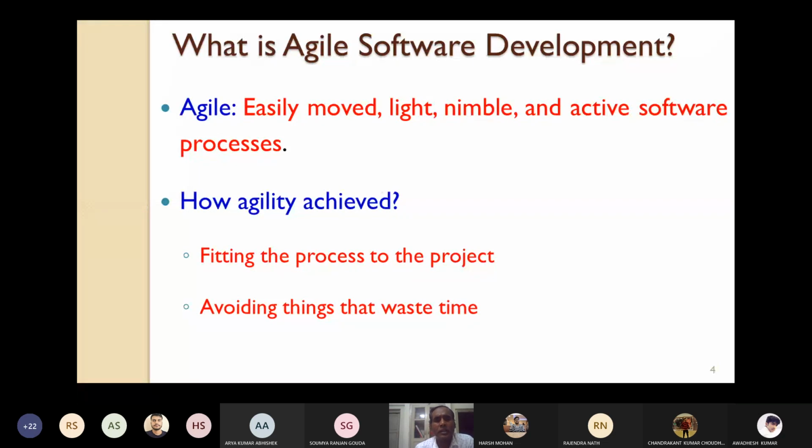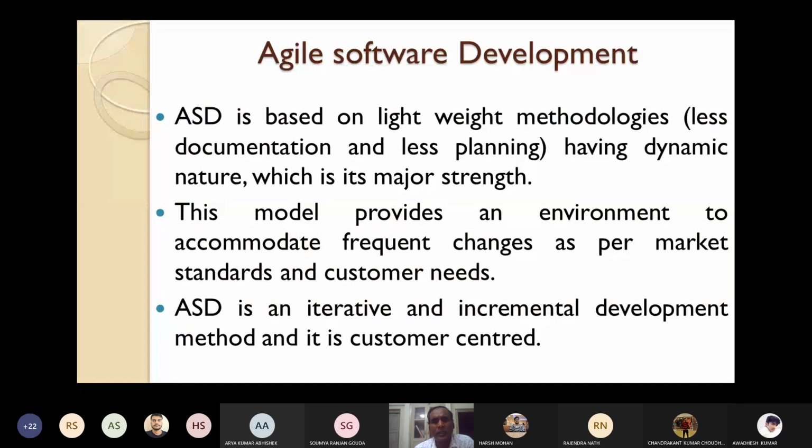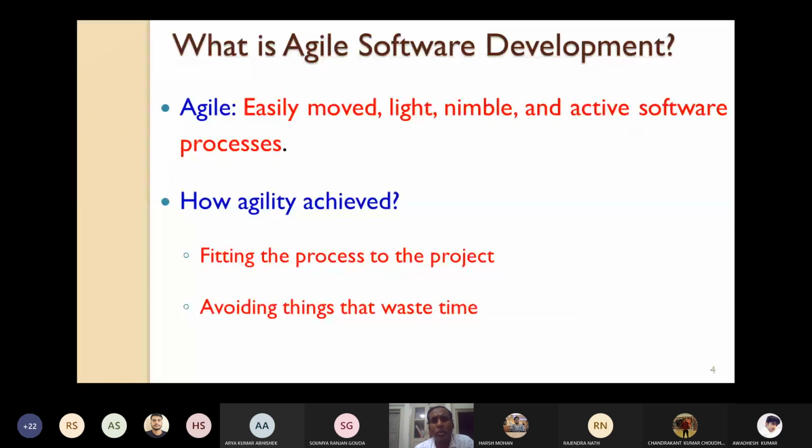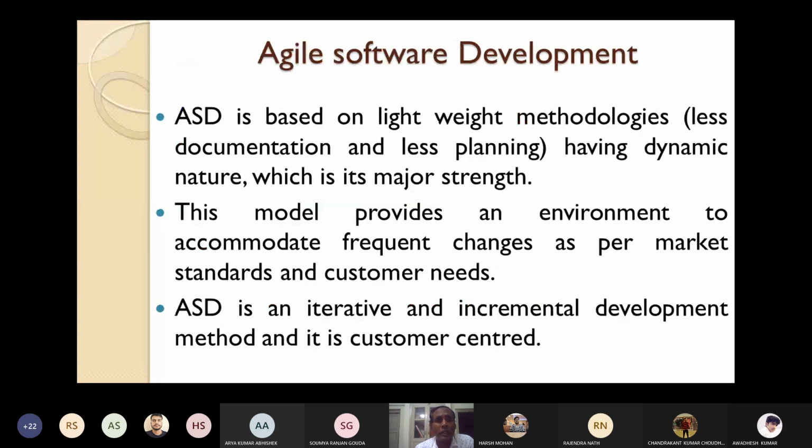Now let's see, ASD or Agile software development is based on what? Agile software development is based on lightweight methodologies. I have already told you, Agile means easily moved, light, nimble, and active software processes. What do you mean by lightweight methodology? Lightweight methodology means less documentation and less planning. Don't spend much time on documenting and planning. That time you spend for some other important work in your software development.